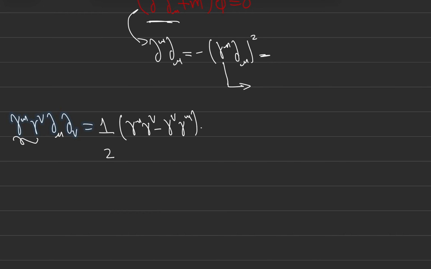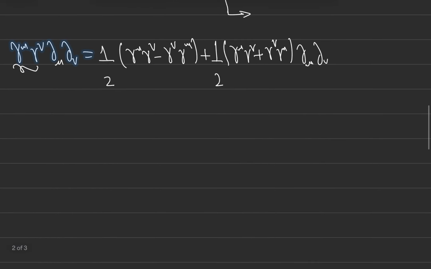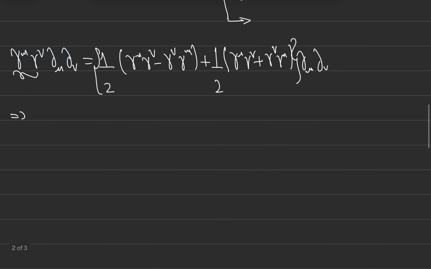So this is the anti-symmetric part of it, and this is the symmetric part of it, and then I have partial mu, partial nu. Okay, so let's go ahead and multiply this with the inner quantities, and what we get is